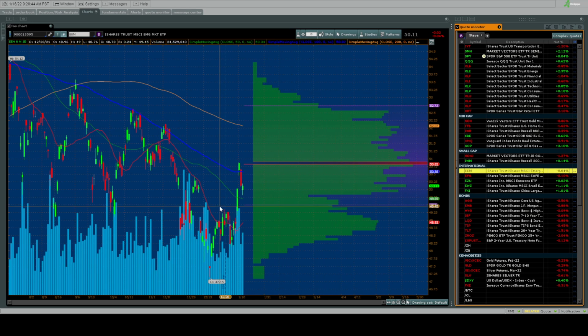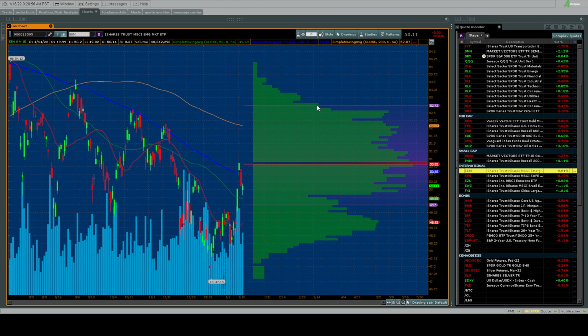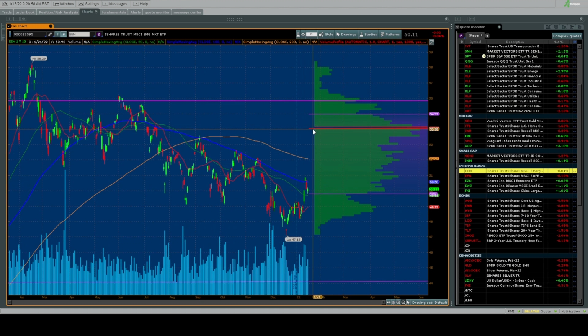There it is. All right, look, that's interesting, it came out, tagged the 6-month volume profile and got rejected. So what did the buyers do? The buyers came in and they said, look, we think there's a low. We're going to buy. And the seller said, bring it. And as soon as it hit that volume profile line, guess what? The sellers were waiting for them. And now there is a volume profile line higher on the 1-year chart.